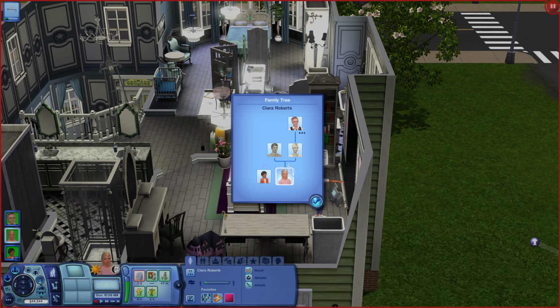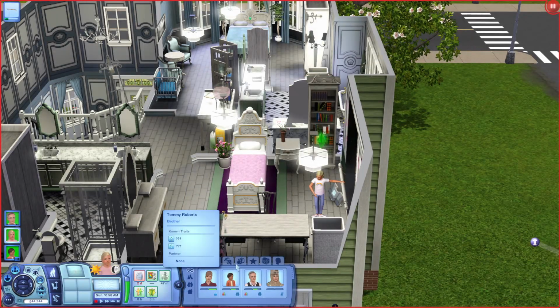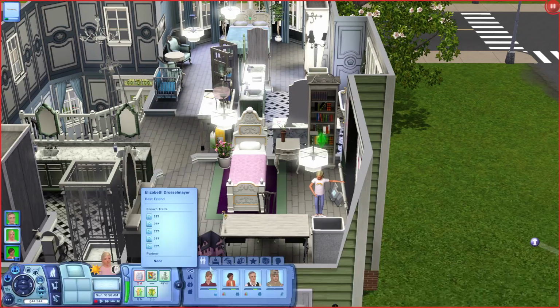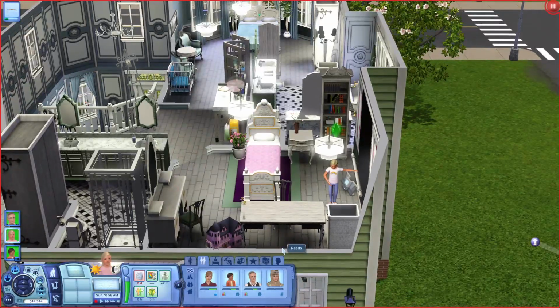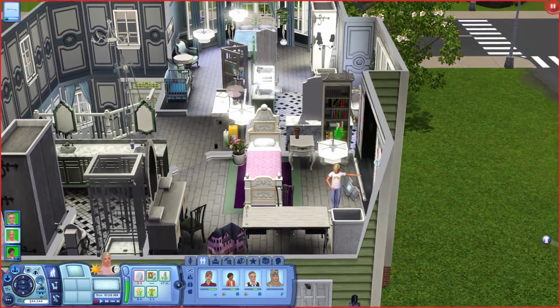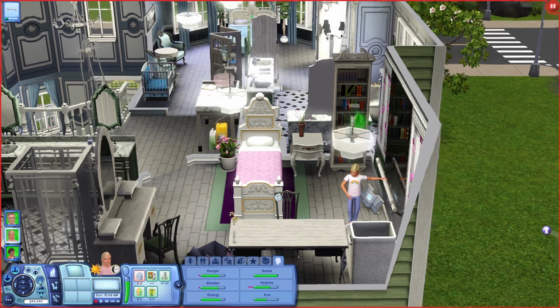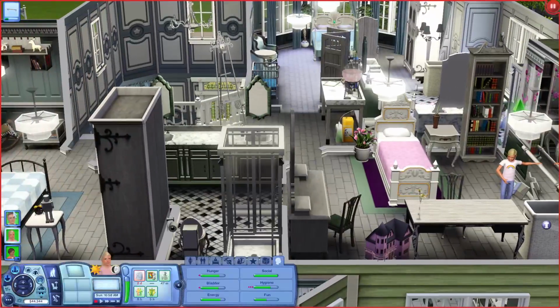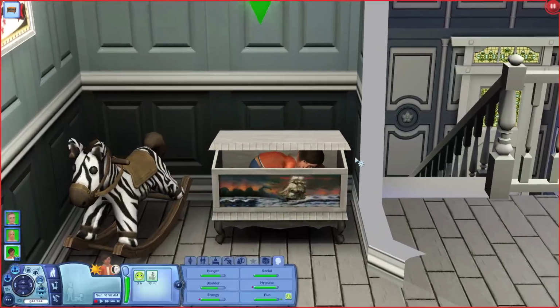Now, she is not seeing Elizabeth as her aunt, unfortunately. That does really annoy me. She just sees this person as a random sim, but this is still her aunt. I don't know if that's something I could have done when I was editing relationships. Now that I think about it, I didn't even bother to try doing that. But Elizabeth is here. They do know her, but they are in mourning because their parents did just die. Tommy isn't, because Tommy doesn't know any better.